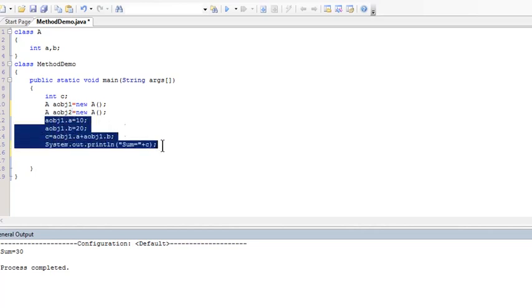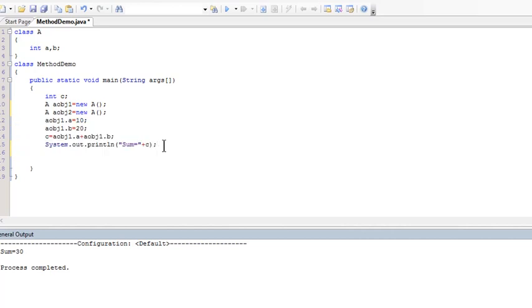Now we'll copy this and assign values like this: aobj2 dot a is equal to 40 and aobj2 dot b is equal to 50. Now we'll add the values, aobj2 dot a plus aobj2 dot b, and then we'll display the value.